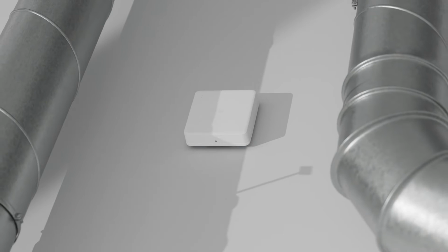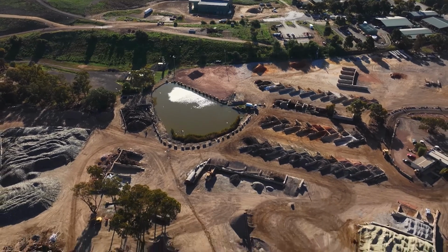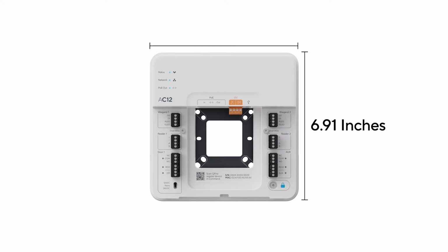It's also plenum-rated, so it can be installed in drop ceilings that provide air circulation. And the compact form factor can be installed in even the tightest spaces. The AC12 requires only a single PoE cable, making it perfect for remote locations or protected buildings that are difficult to access or modify. Measuring only 6.91 inches squared, the AC12 includes the most robust set of access control capabilities